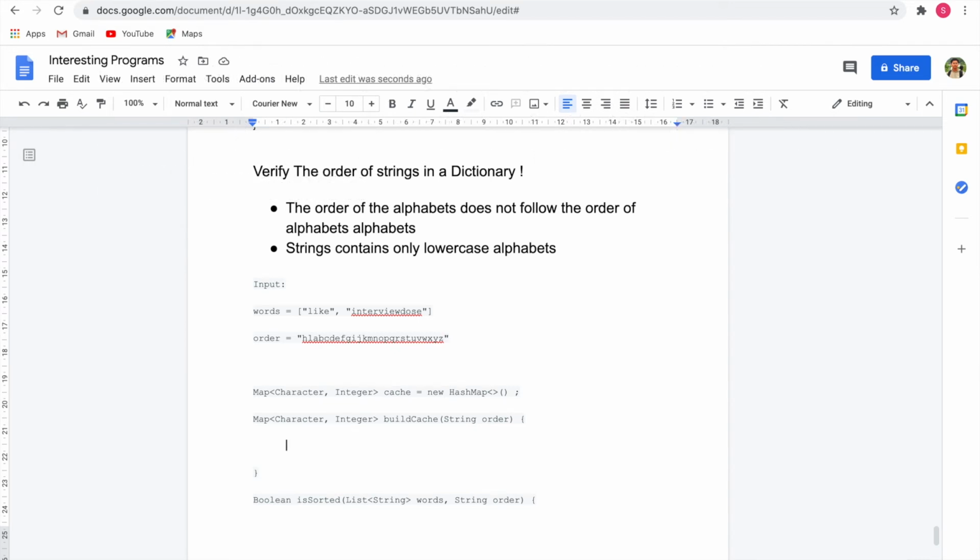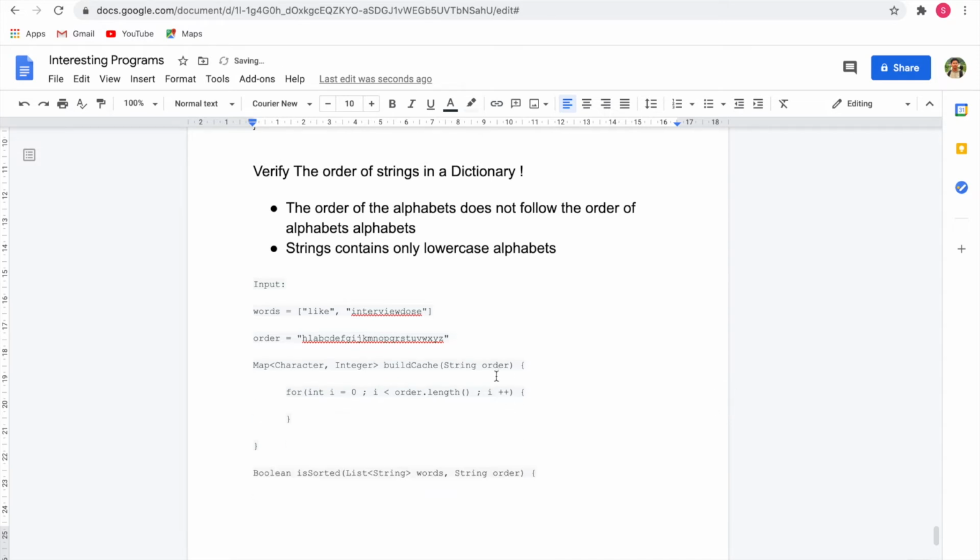So assume that we are given a valid string. For int i equal to 0, i less than order length, i plus plus, and I am building a cache here. I'll say cache dot put